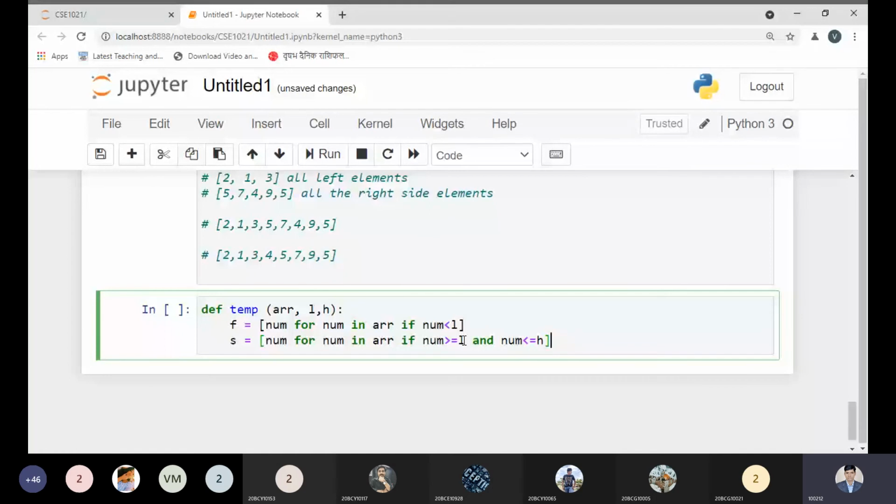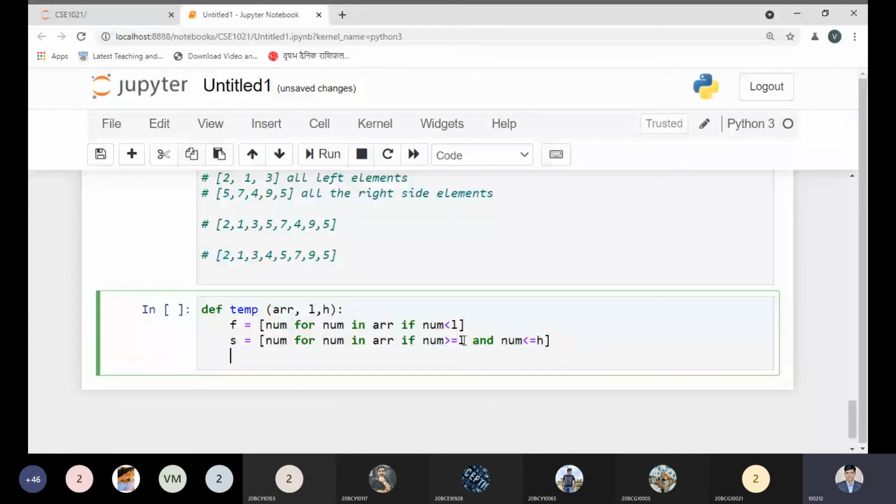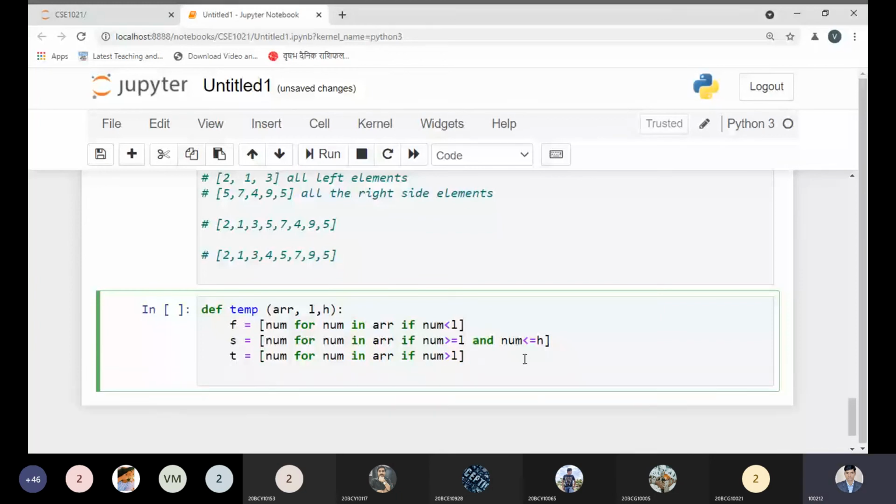And the third information I can get via this variable, that should be greater than high. So why this? What have I done? I'm just using different conditions. Now after this, I'm printing f plus s plus p.